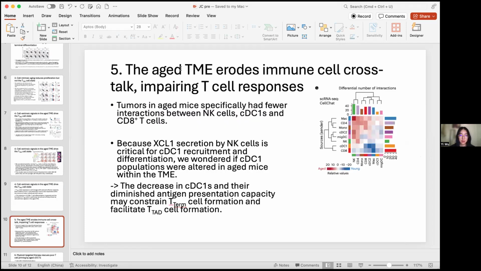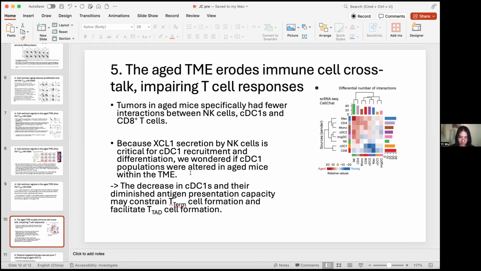然后他们就想知道，到底是什么 extrinsic signals 在影响这个 T cell 的 performance，and also what drives the T cell to become TAT cell。然后他们就发现呢，tumors in aged mice specifically has fewer interactions between NK cells, which is natural killer cells, cDC1 or dendritic cells, and T cells。就是说，这些细胞之间的 crosstalking，就是它们的细胞通路断了，是因为年龄的增长而断了。然后呢，他们因为知道 dendritic cells recruitment are really important,